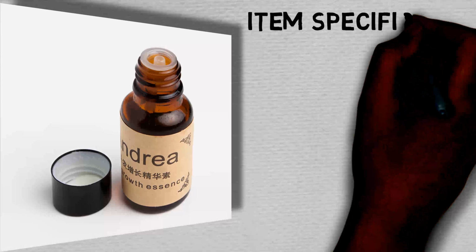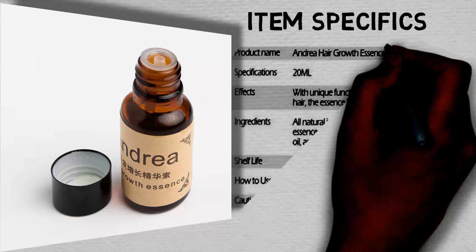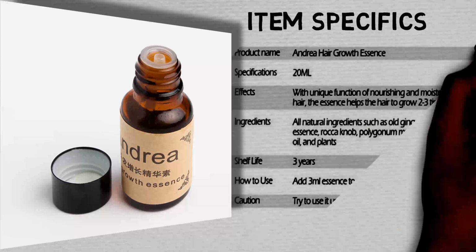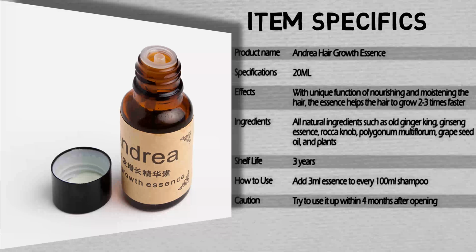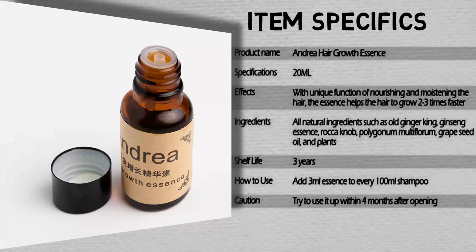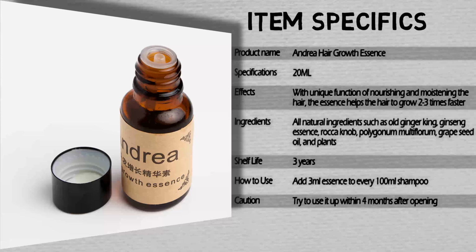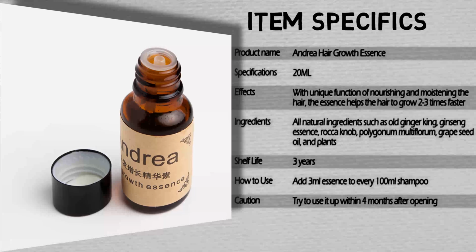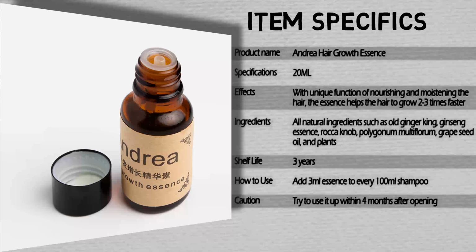Item specifics. Product name, Andrea Hair Growth. Specifications, 20 ml. Effects, with unique function of nourishing and moistening the hair, the essence helps the hair to grow 2-3 times faster. Ingredients, all natural ingredients such as Old Ginger King, ginseng essence, Rocanob, Polygonum multiflorum, grapeseed oil, and